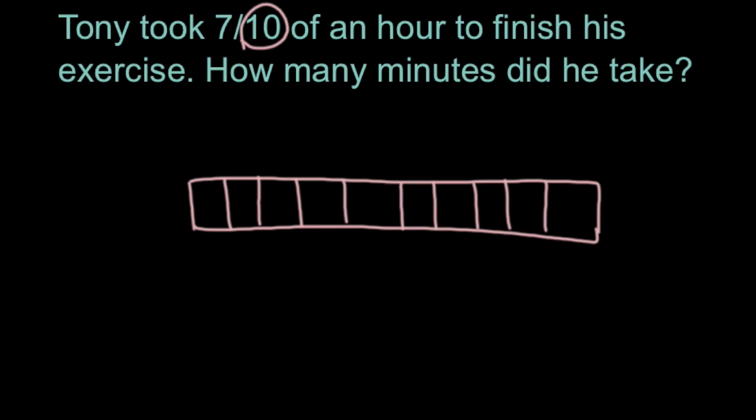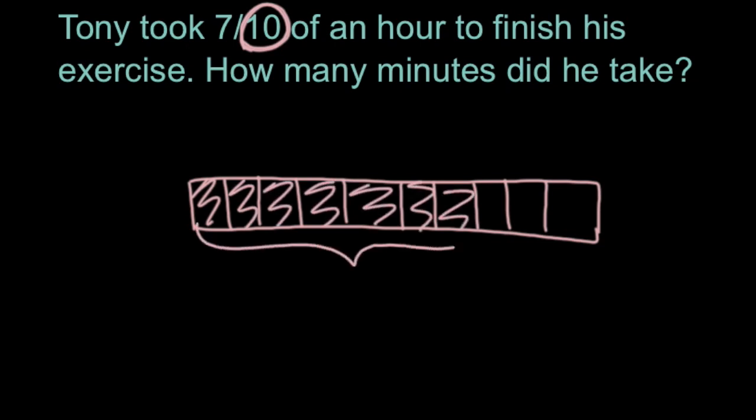So I now have 10 parts. I know that I needed 10 parts because that's my denominator or my naming part. Now I want to illustrate 7/10. So to do that, I can just shade in these 7 parts here. This is going to show me the amount of time it took Tony to finish the exercise, and that's what